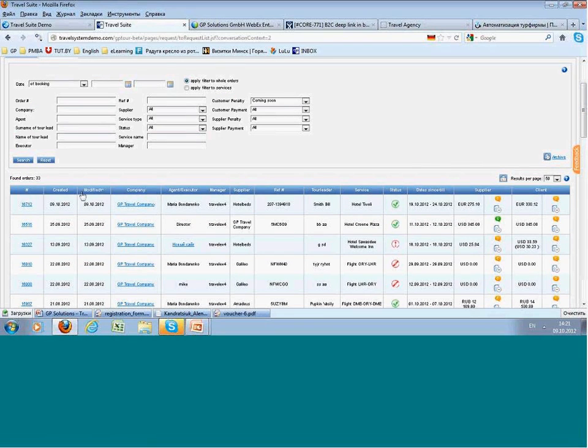For each reservation, you also have the possibility to open its details to view more information about